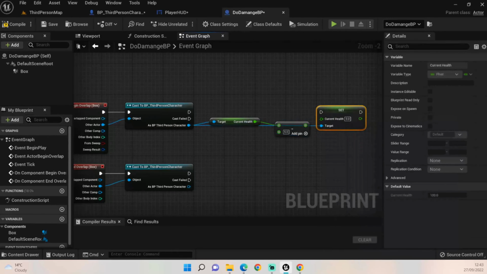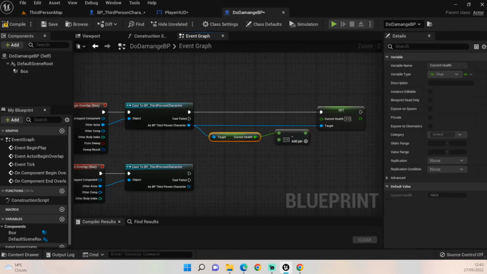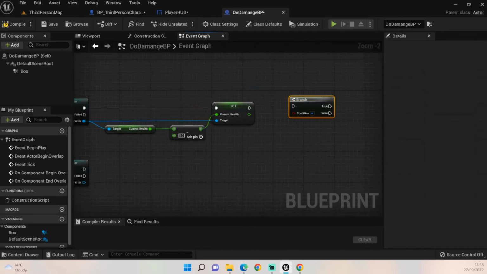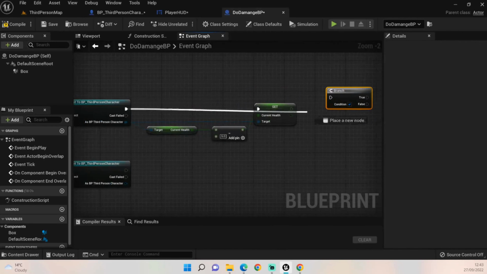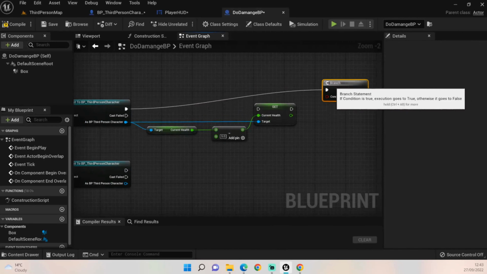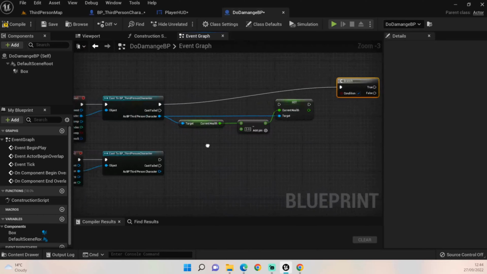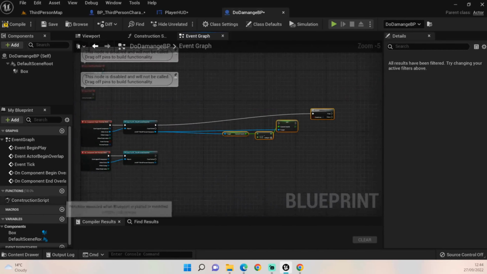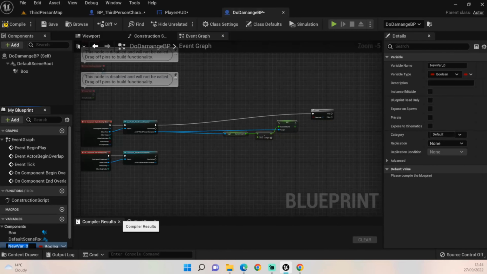So it's going to take whatever that figure is set at, it's going to minus off the 5 like so, and then it's going to reset that as whatever that is minus 5, and it'll set that. Then I want to do a branch. I've probably missed one current thing actually. Let's move this along. Let's create a variable and set this to